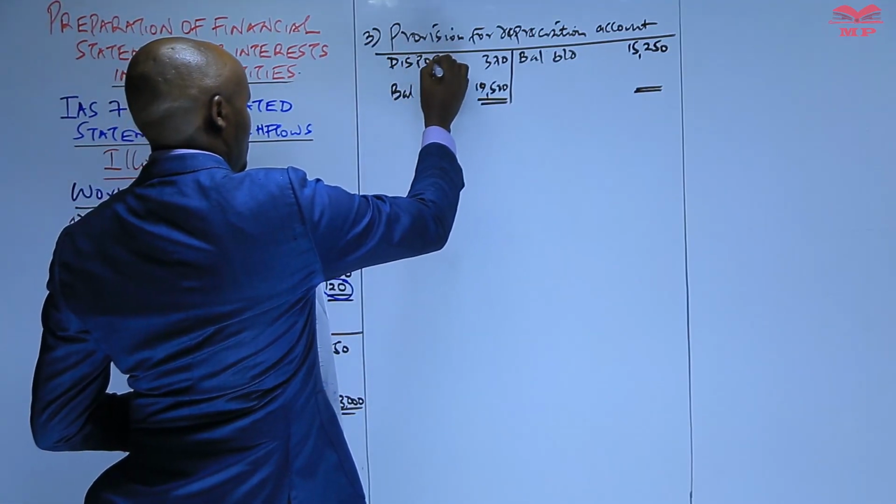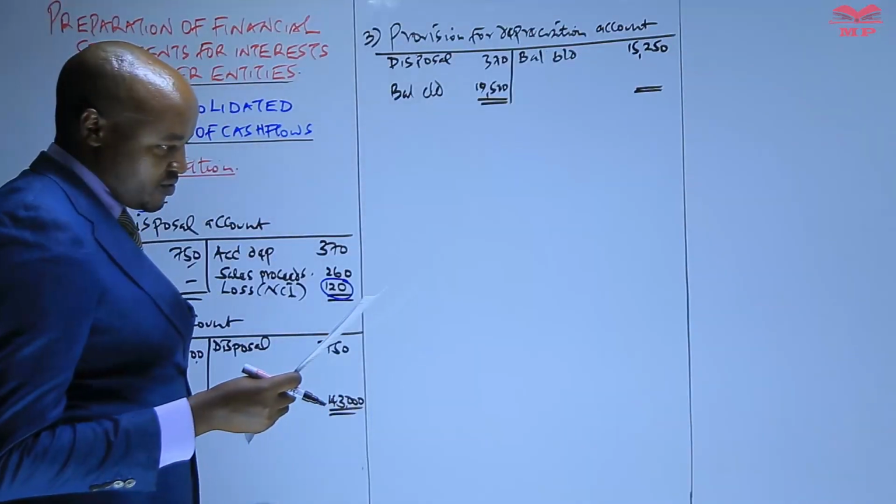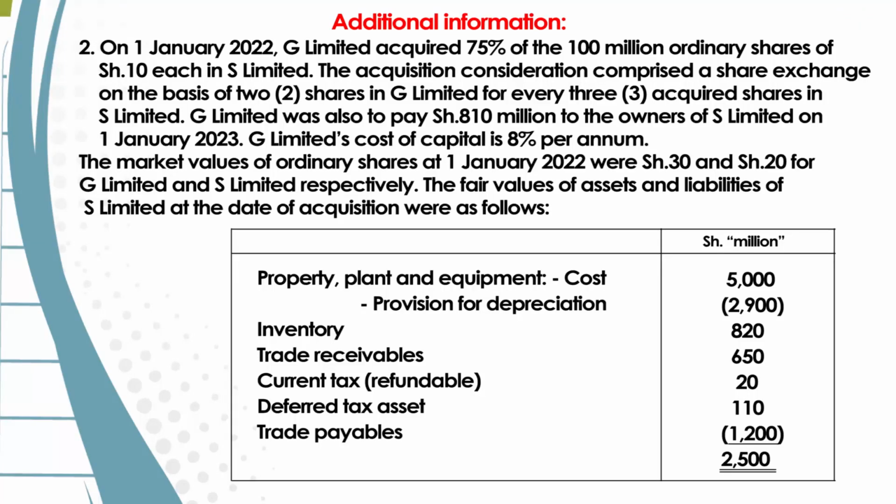Or the other entry here will be in the disposal account. Yes, that's what we have. Yes, let's go to the additional information number 2, and you're told on 1st of January 2022, G Limited